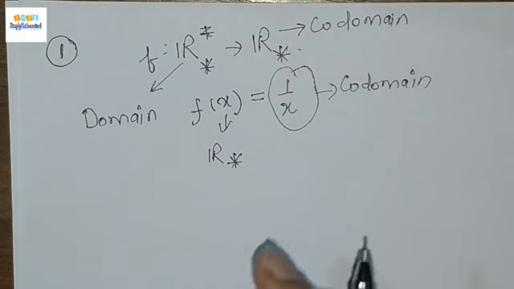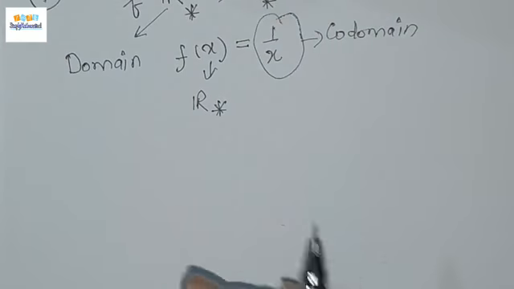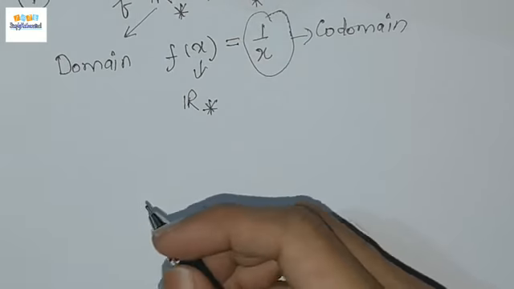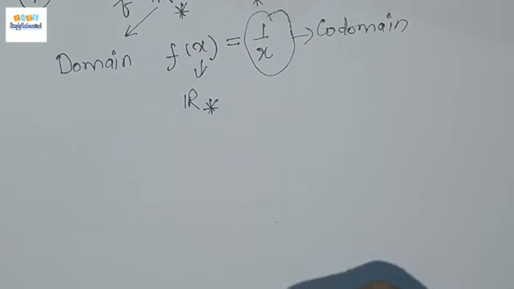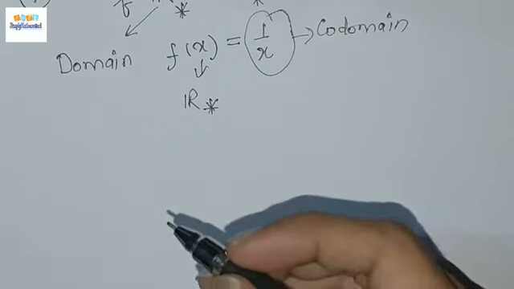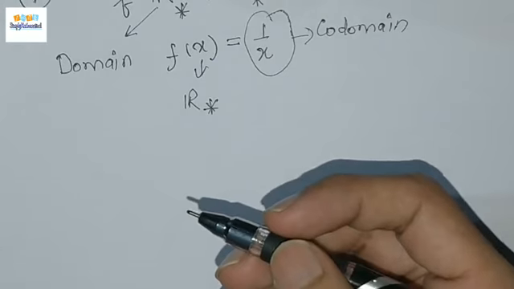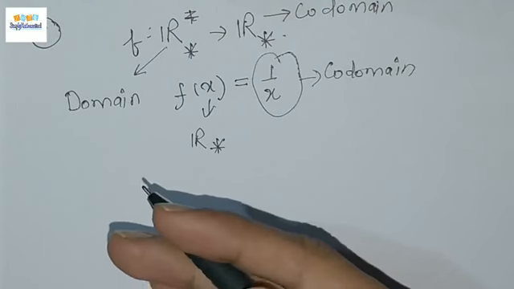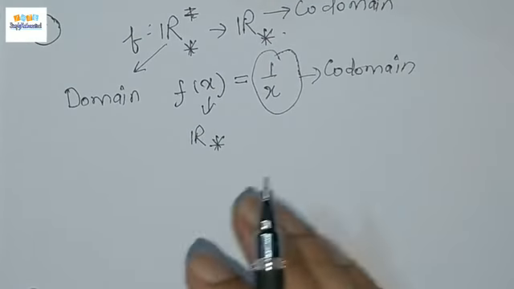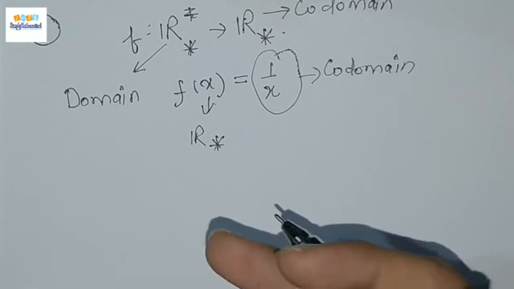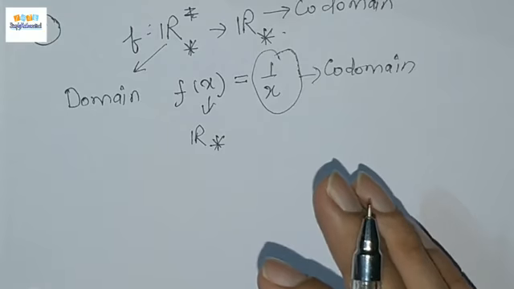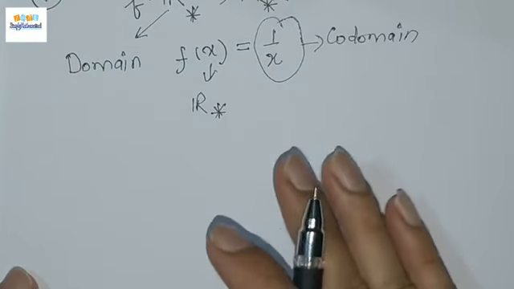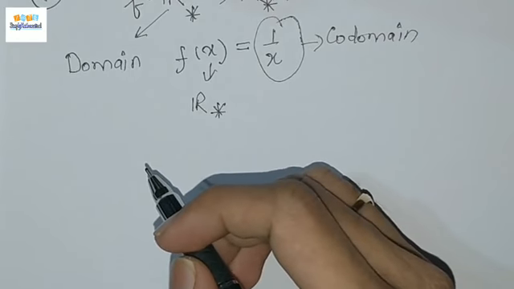Now we have to show that this function f is 1-1 and onto. To show that a function is 1-1, you have to use some method. This is one method that we use to prove that a function f is 1-1, and there are many examples here. This is one of the methods that you will be using again and again for all the problems in the exercise. So please watch this video fully to understand the concept properly. Now, how to prove that f is 1-1.